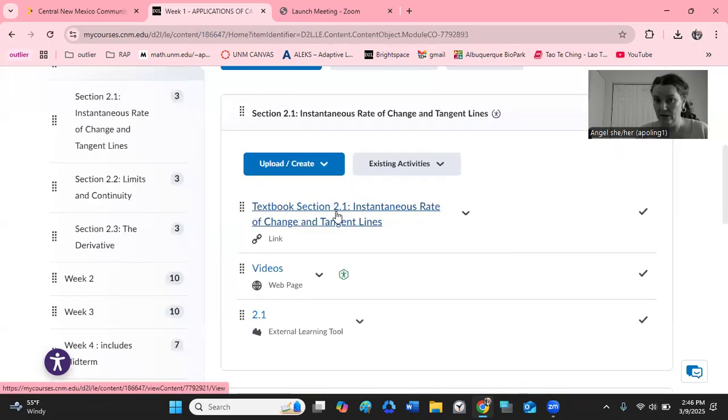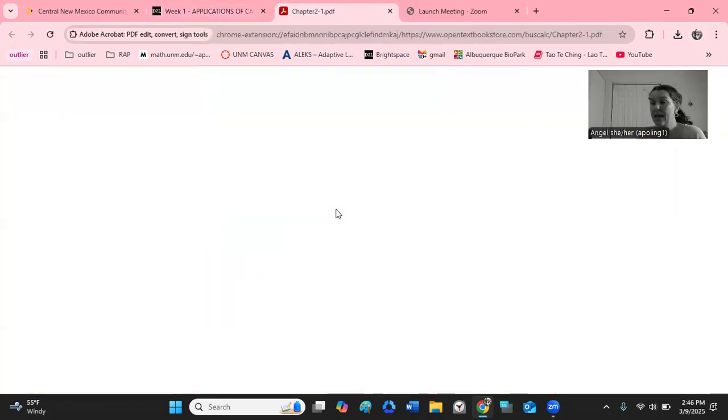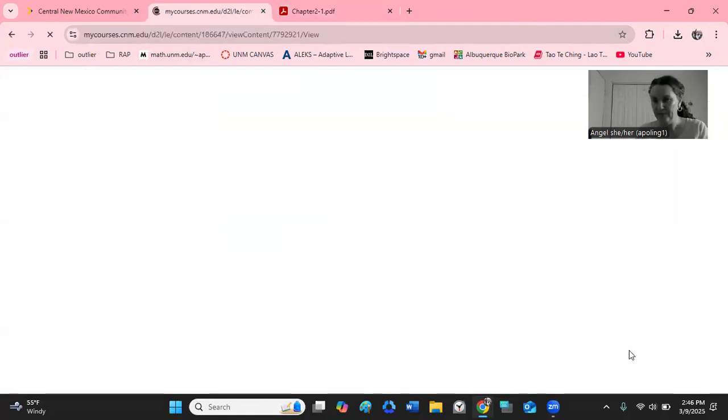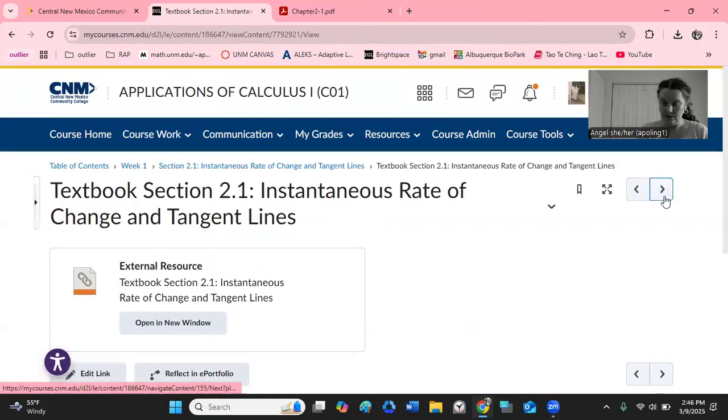So you'll have access to the textbook section, and then you'll also have access to the videos and then the assignment. And there are ways to navigate. So you can click on them individually, like I was doing, but you can also click on the side arrow tab. So again, multiple ways to navigate, multiple ways to access